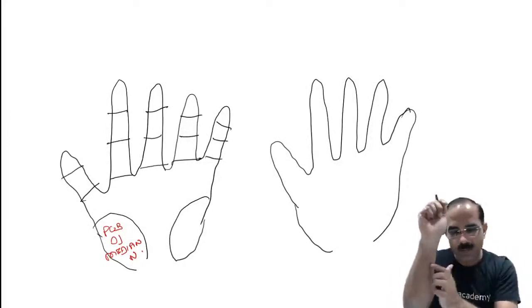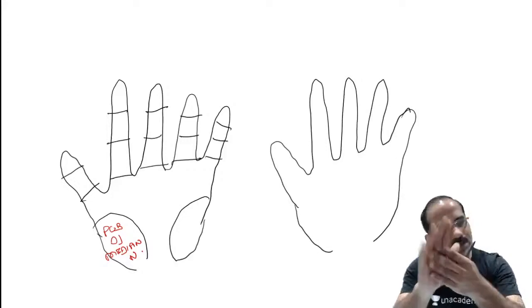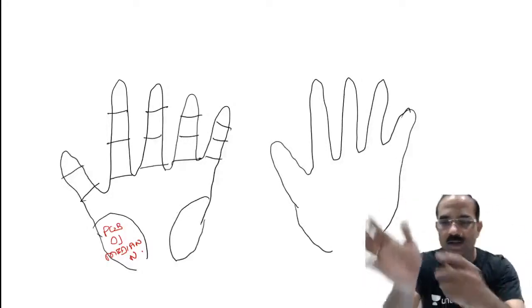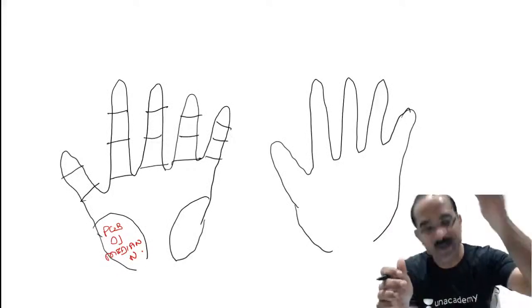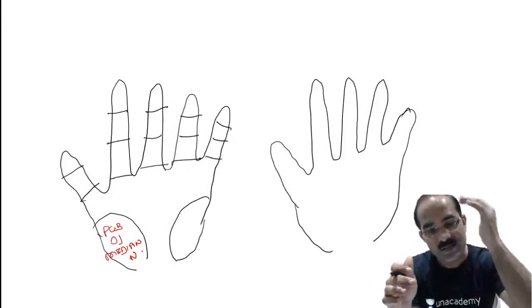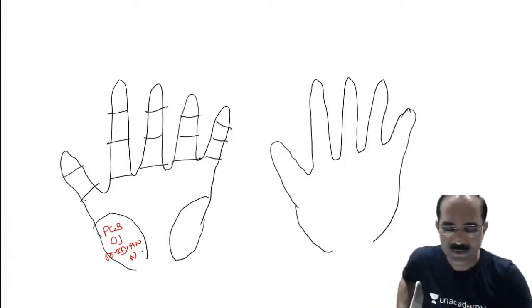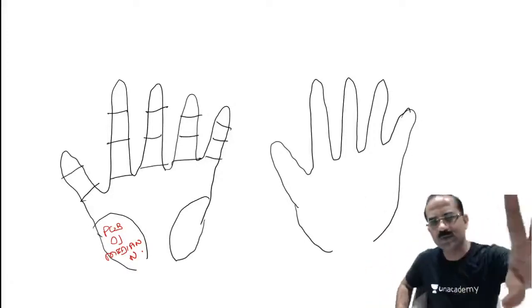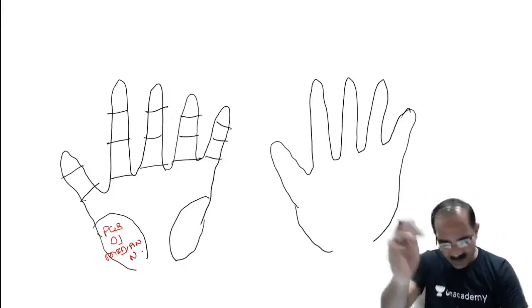If the median nerve is injured in the forearm, whatever the median nerve supplies in the hand is lost, plus there will be a loss of sensation of the skin over the thenar eminence also. That means we know that the median nerve is injured somewhere in the forearm or in the arm or in the axilla. This should be clear. Bahut MCQs hain is topic pe, so be very clear about your concepts.